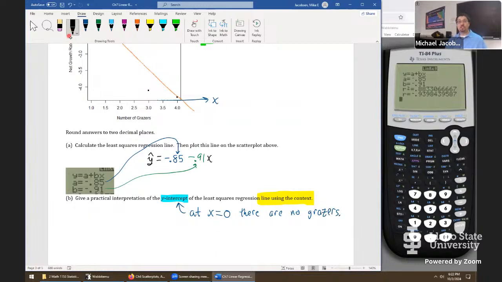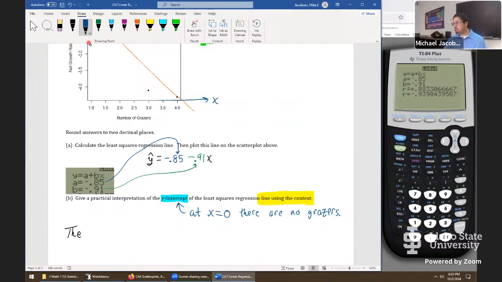So now we're ready to give an interpretation. And pretty much, this is how I would think about it on every one of these problems that goes along these lines. Sometimes the intercept makes no sense at all, and we just have to say that. That's going to be on the next problem we see in our Thursday's class. But here we can now say